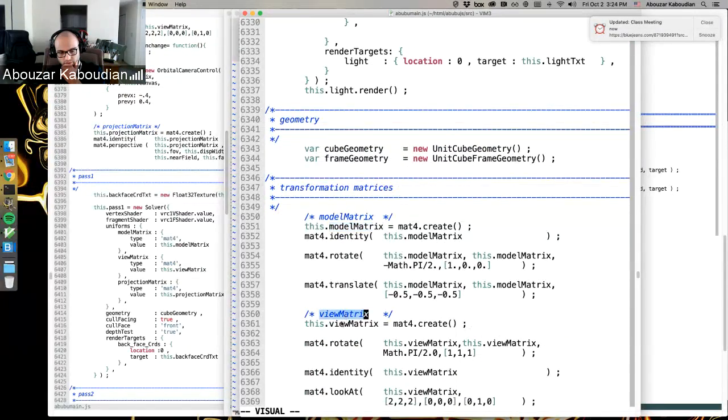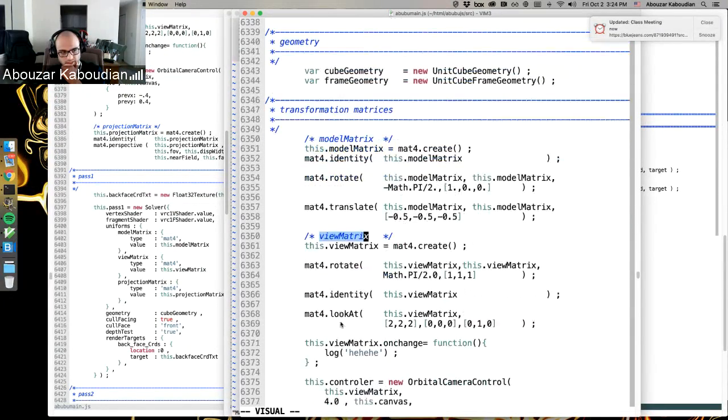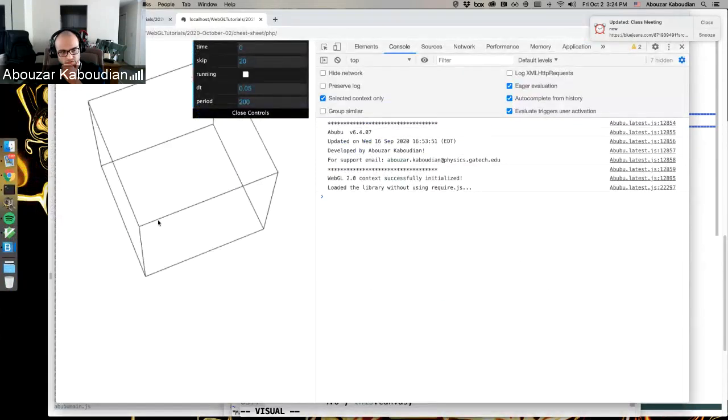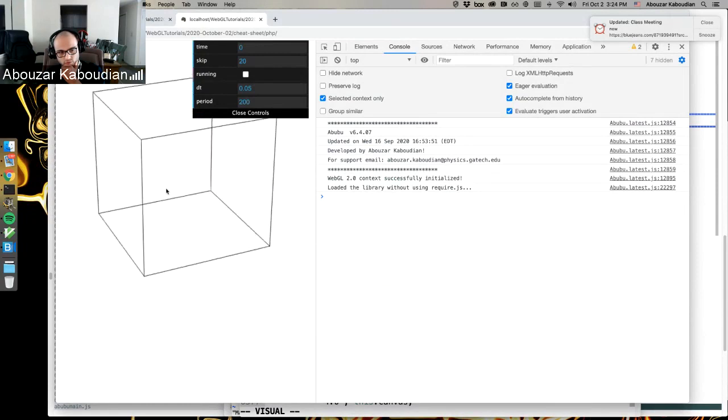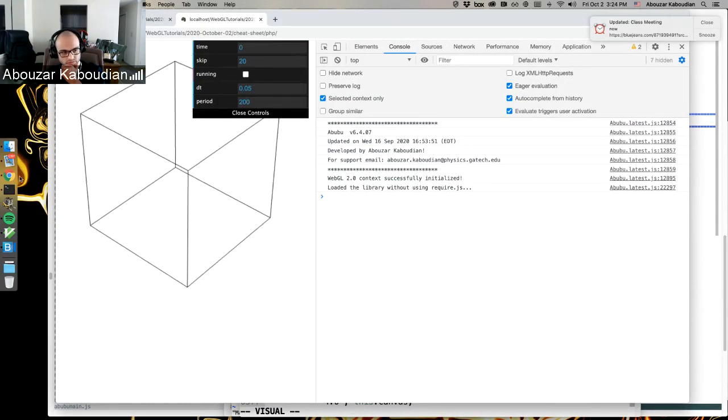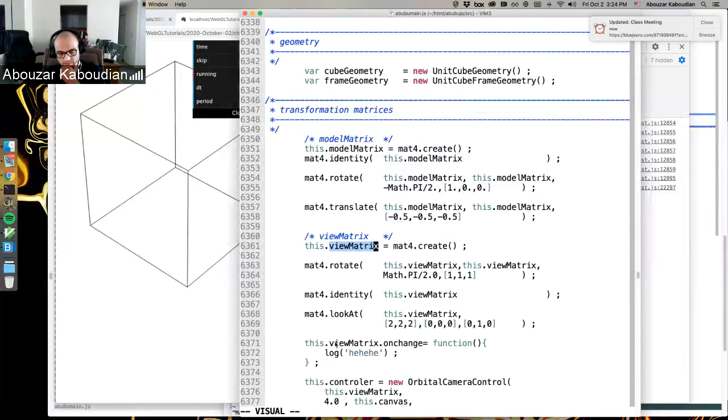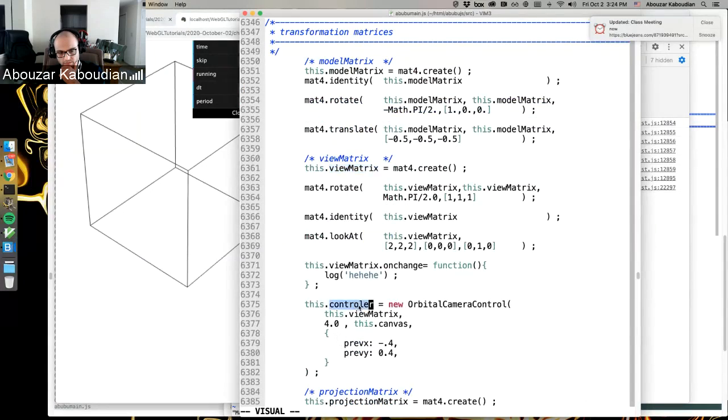And there is a view matrix that actually does this transformation when you are changing the cube. This viewpoint needs to be updated. So that is done by updating this matrix basically. And there is this controller that basically manipulates this view matrix